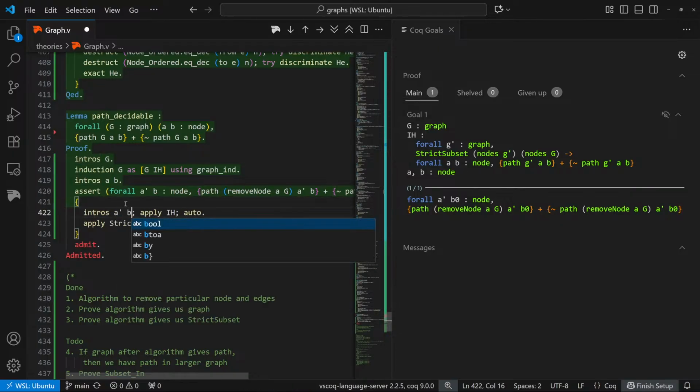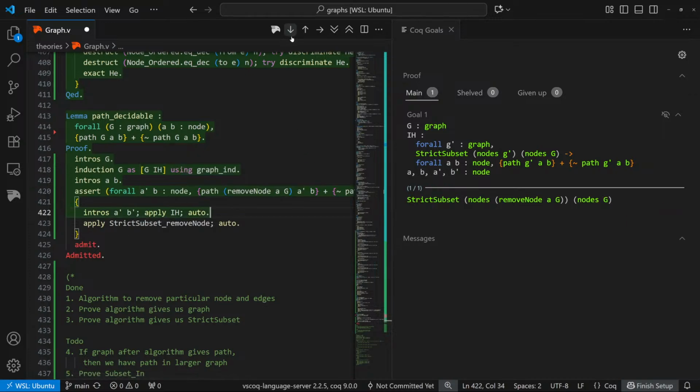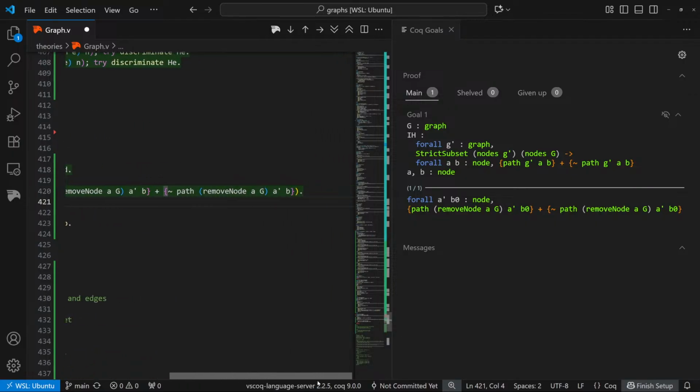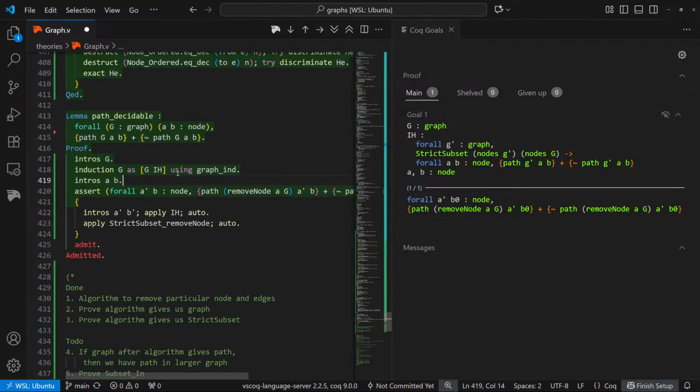Trails A prime B. Oh, I guess first of all,